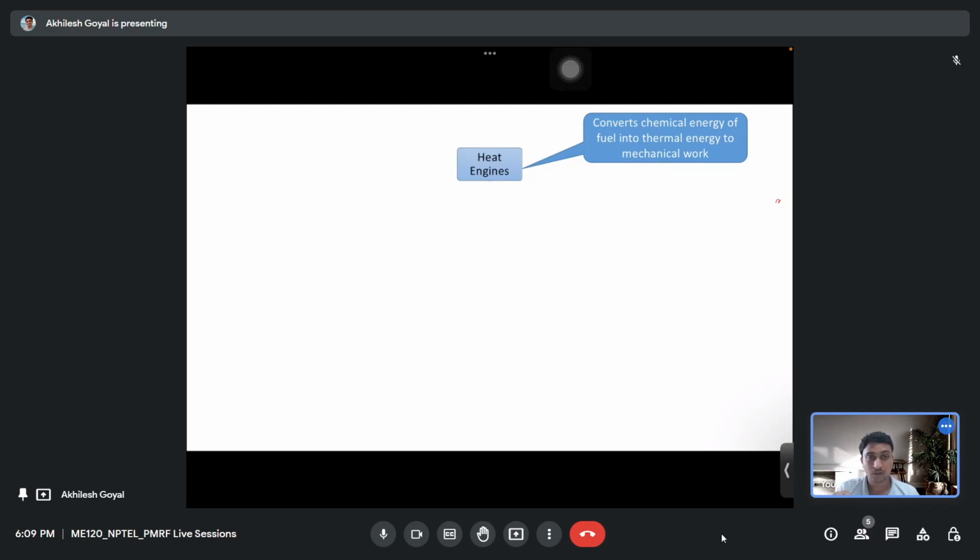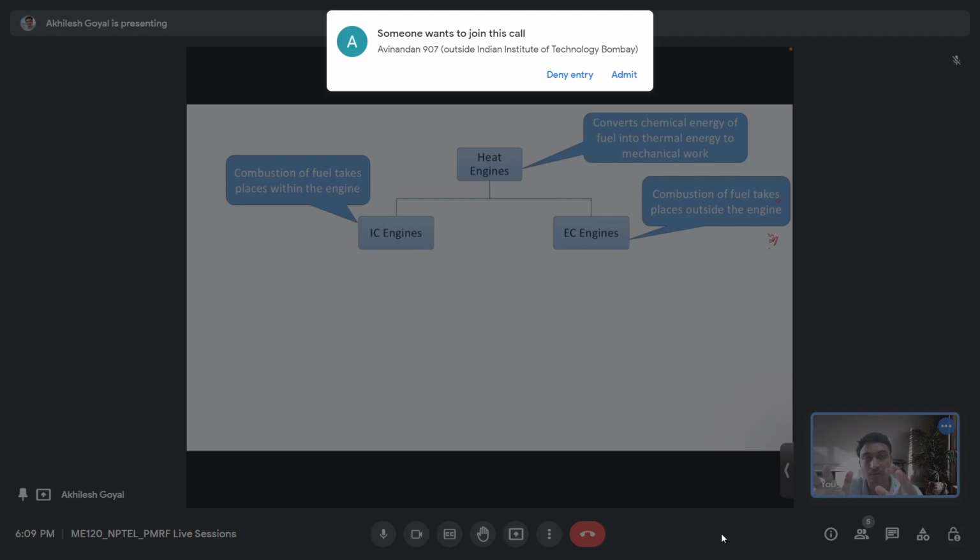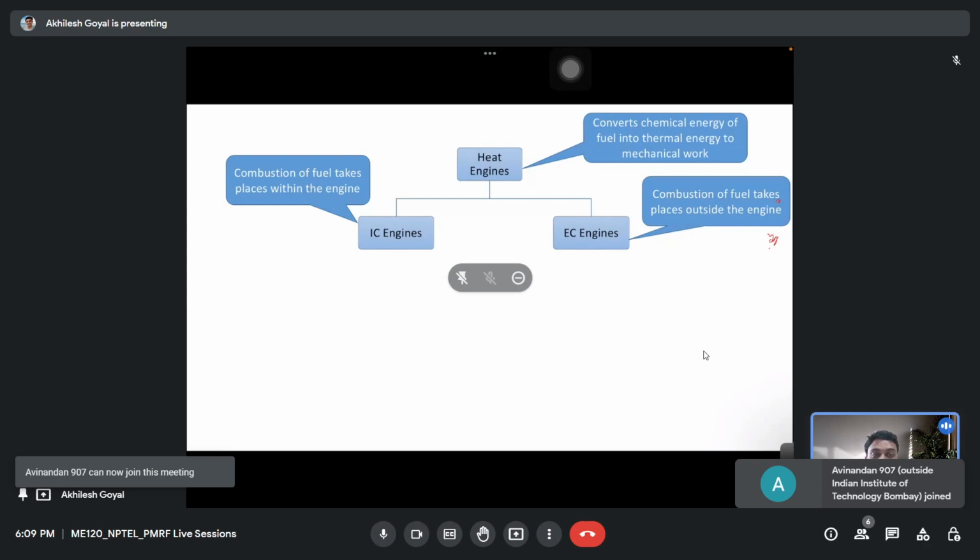And how many types of these heat engines are there? These heat engines are of two types: IC engine and EC engine. IC means internal combustion engine, and the second is EC, external combustion engine. As the name suggests, in internal combustion engine, the combustion of fuel takes place in the engine itself. But in the case of external combustion engine, the combustion of fuel takes place outside the